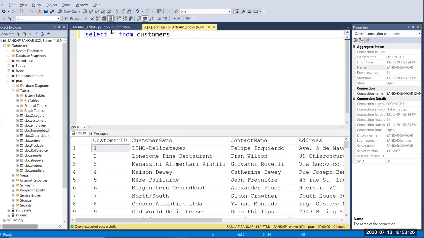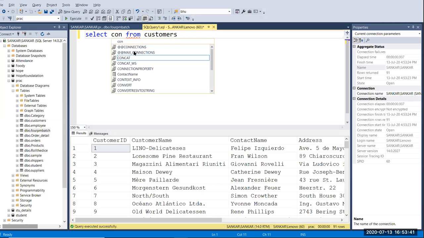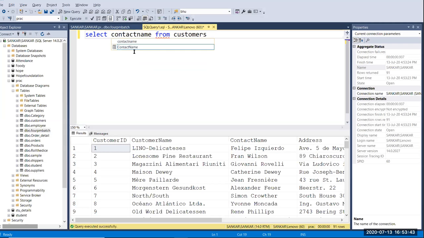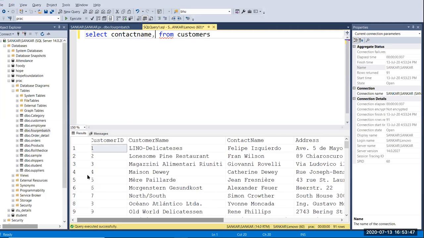Okay, here we want contact name because the company name is stored in the customer name. Okay, so we want contact name, right? Contact name, yeah, contact name. After that, we want department. Here we don't have any department.